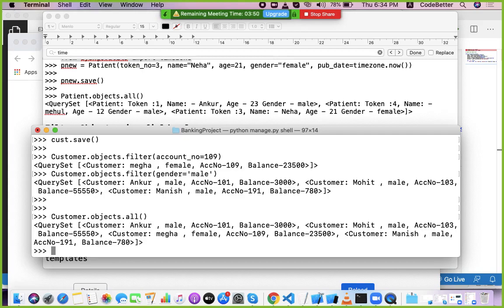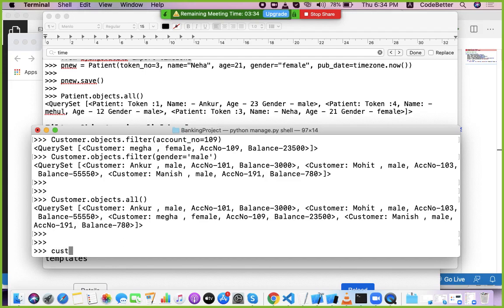Now get the data of account number 101. Let's put this data in a list. So cust list equal to Customer.objects.filter by account number equal to 1.